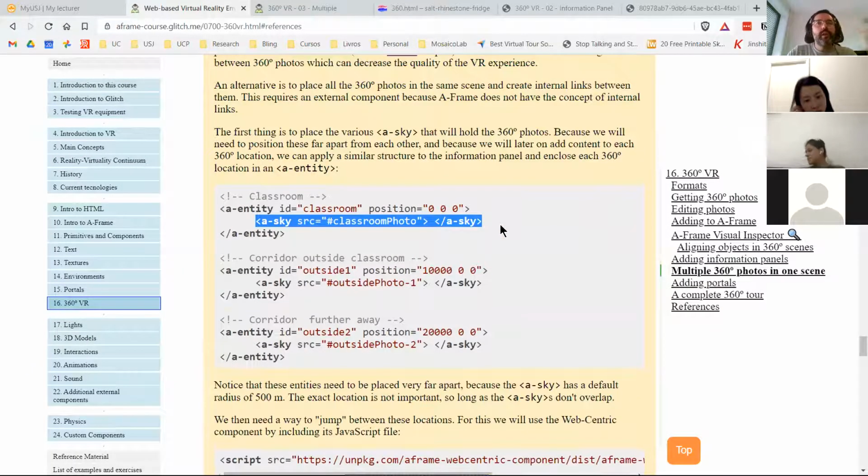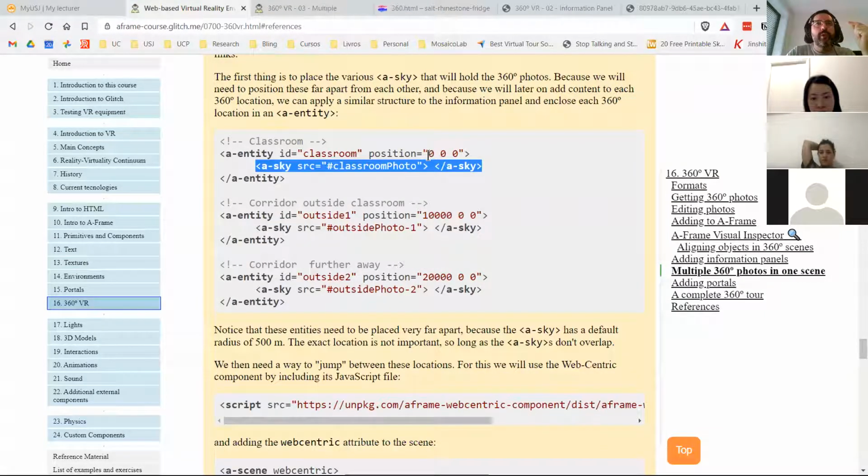So how do we now allow users to jump from one position to the other? Because now we need to allow the user, who starts here, where the camera will start at 0, 0, 0, inside the first environment, to jump to the position of the second scene, here 10,000 in the actual code 1,000, 0. So how can we do this? Well, to do this,